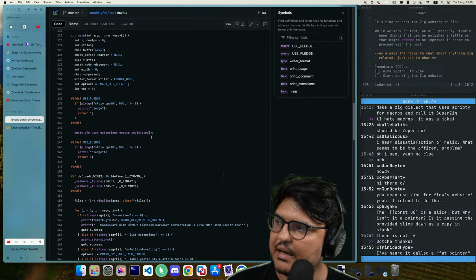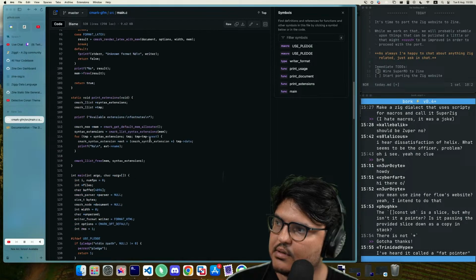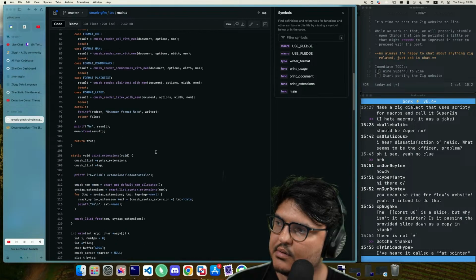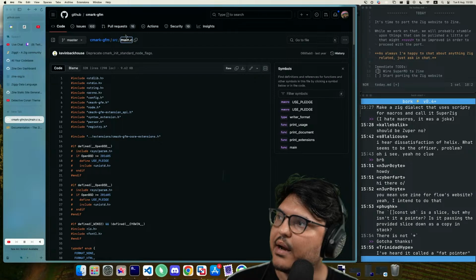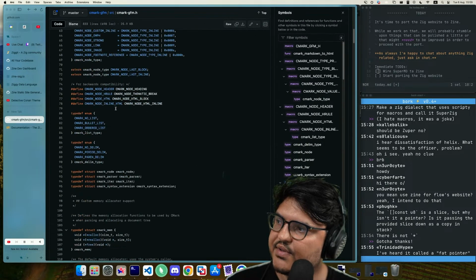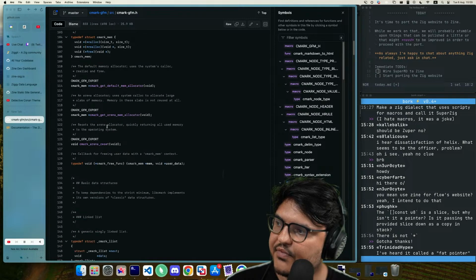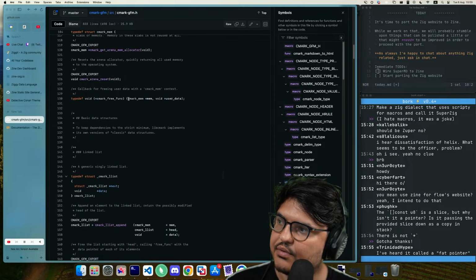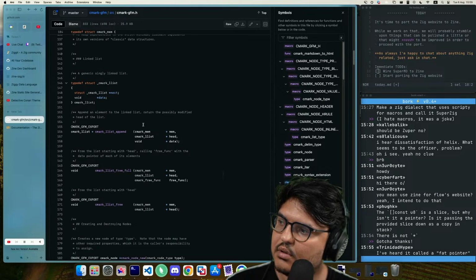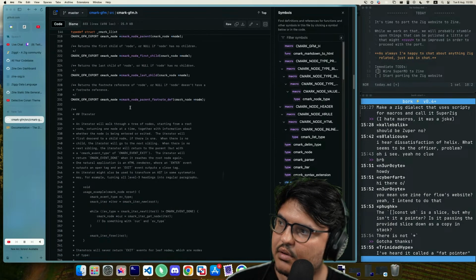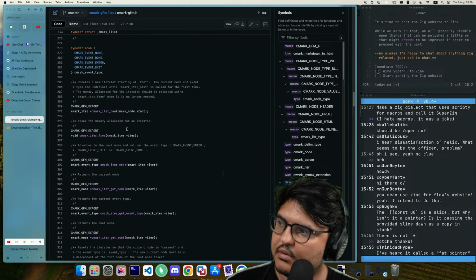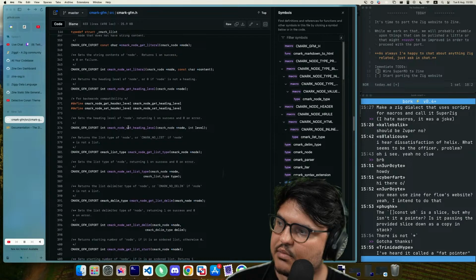Now that I think about it, this is kind of bad because, okay, where am I? Main.c. No. So this is kind of bad because you can, let's see, CMark free function. Callback for freeing user data with a CMark mem context. So there's a function to set the free memory callback, I mean.